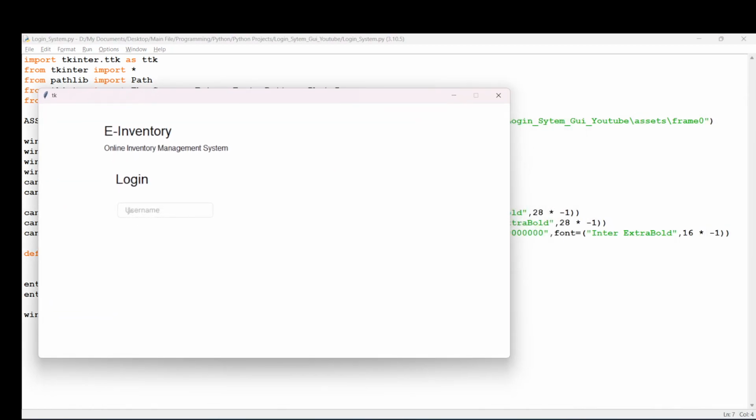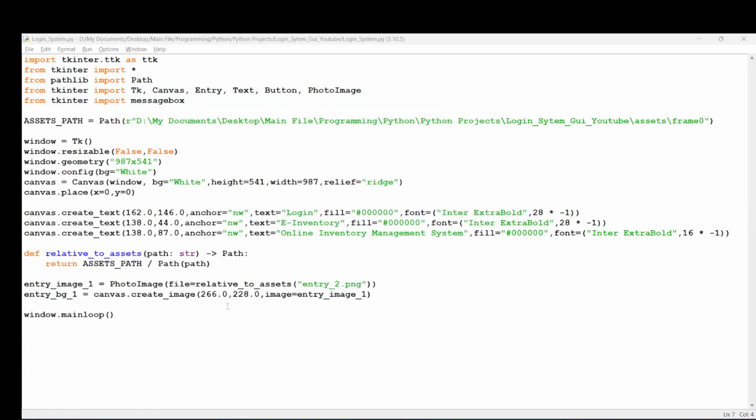Right? You can see it just comes here. So our entry box will be written over this username place. I just put this username here in the image just to show you guys where the entry box will be, just so you are not confused. That's where our entry will be. So it will be on top of it, and the little borders will be sticking out. So we can make our entry_1 is equal to